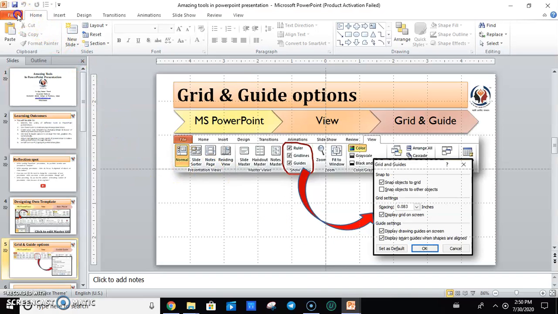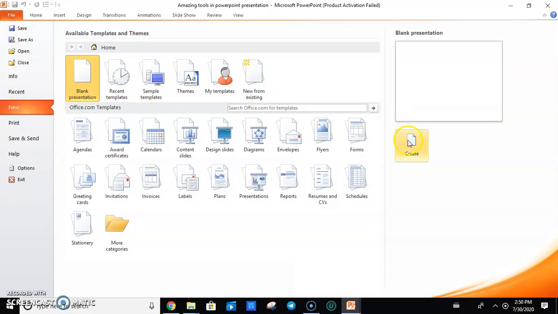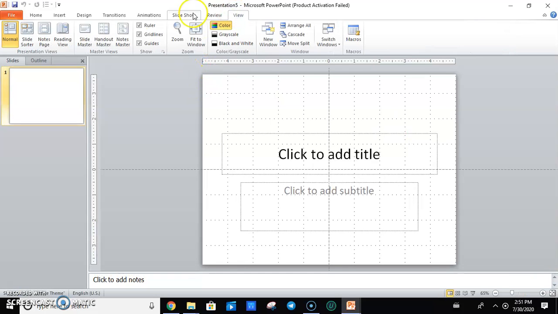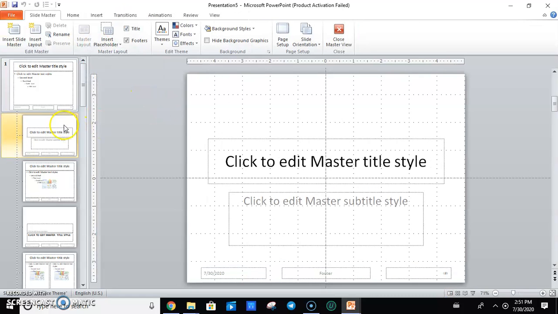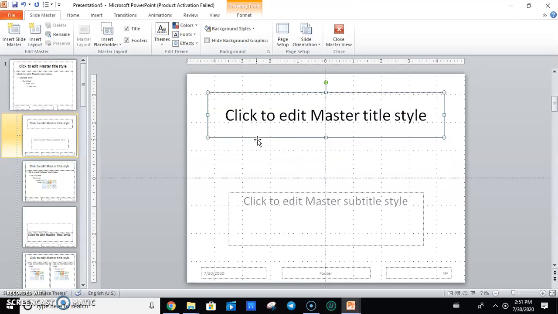Here, for that purpose, you need to take a fresh new presentation. So you can create your new presentation over here. Yes, this is the layout of new presentation. If you go for the View option, you will find the Slide Master over here. If you click the Slide Master, you have multiple formats over here. The second one is your title slide. So here, after selecting this title slide, you may just rearrange